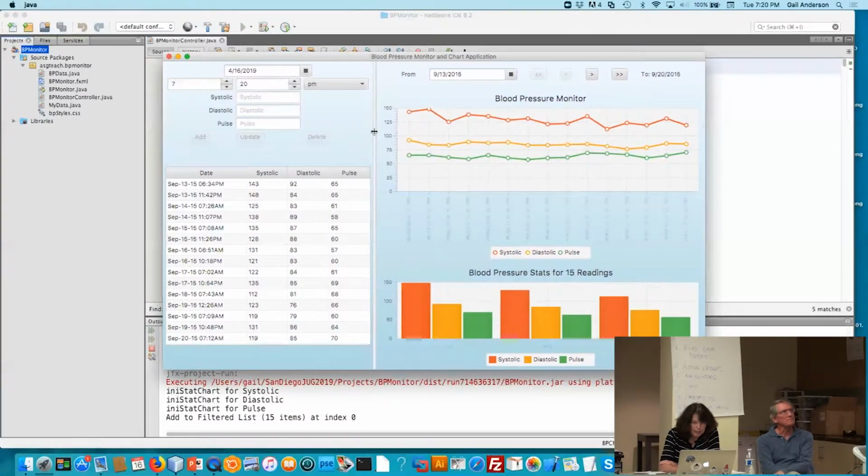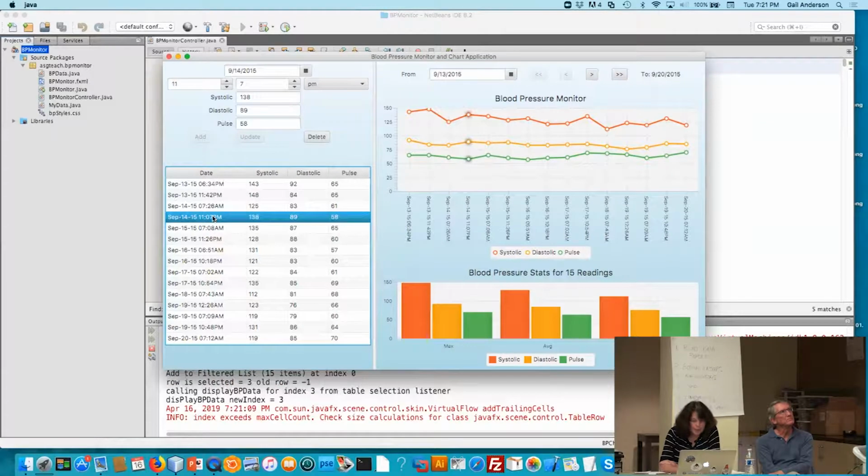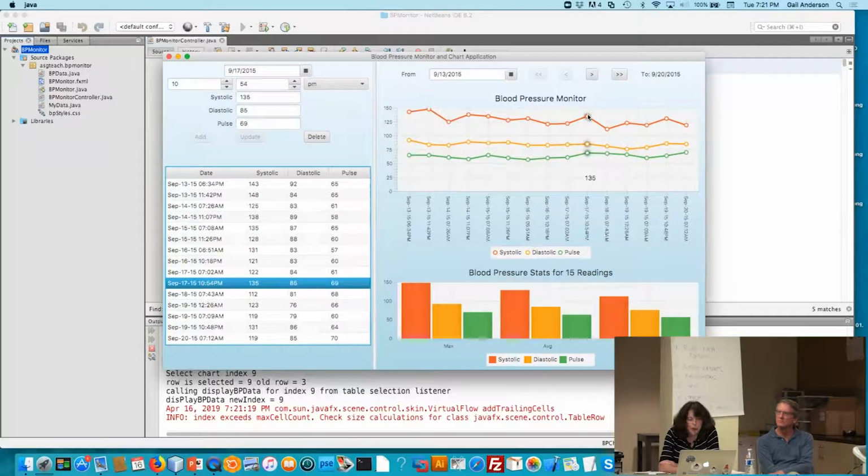And we use a split screen, or a split panel, I guess is what it's called, to lay out the data. Over on the right, we have a JavaFX chart. JavaFX includes charts by default, and the charts then display the data that is in the table view. So we can select different components, and then we show which reading that we've selected by using a drop shadow effect. We can also select the data in the chart itself, and then over here in the table view, it will also be